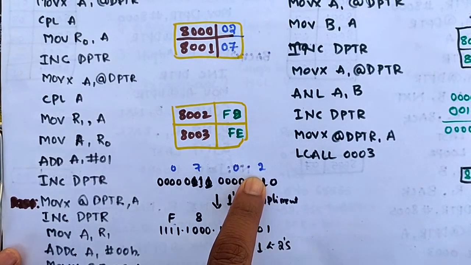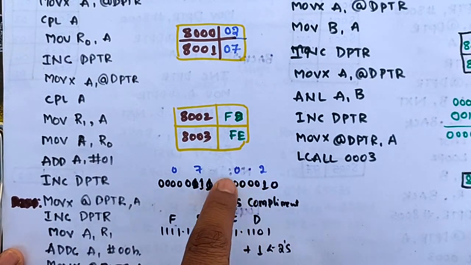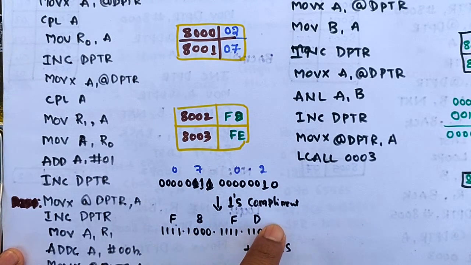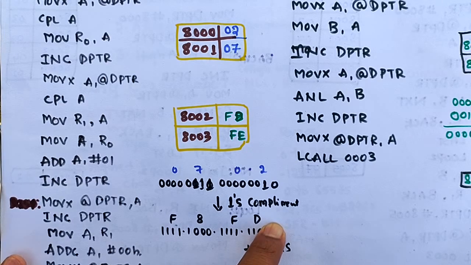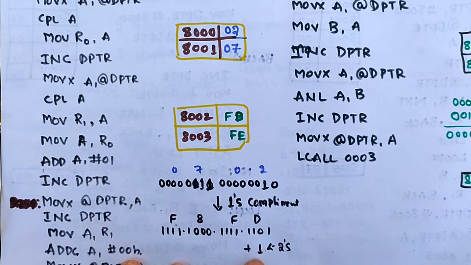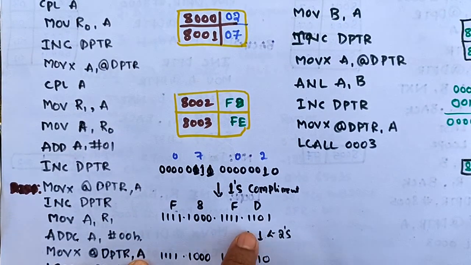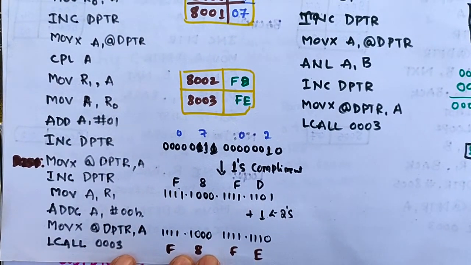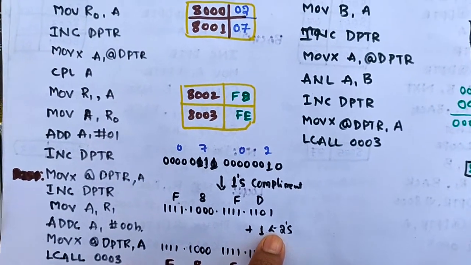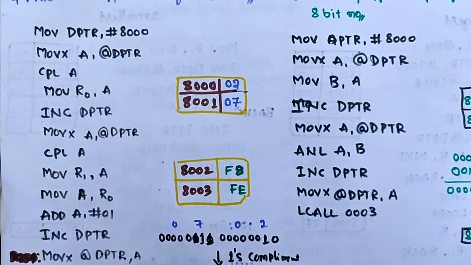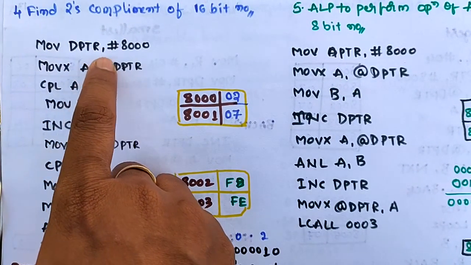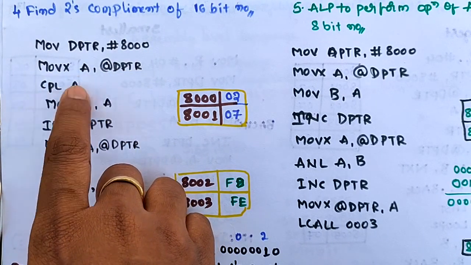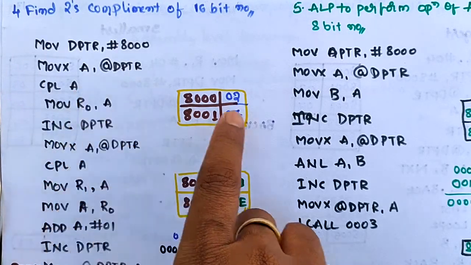So for this complete 16-bit number, I'm going to find the 2's complement. For the 1's complement, it will be converted into F8 and FD. And after that, if we add +1, then it will become the 2's complement. By adding +1, the 2's complement value you will get is F8 and FE. So in order to do that, I am going to load the value 8000 to the DPTR. After that, transfer that content to A,